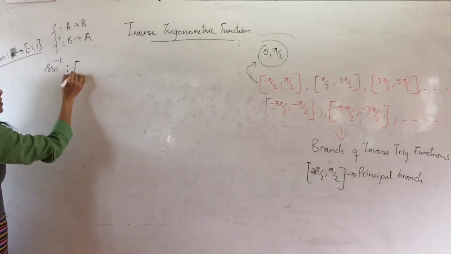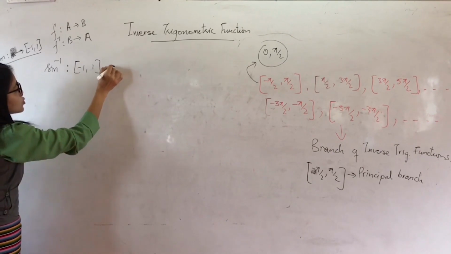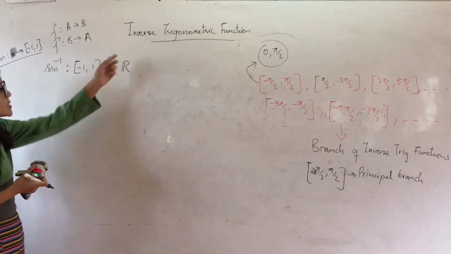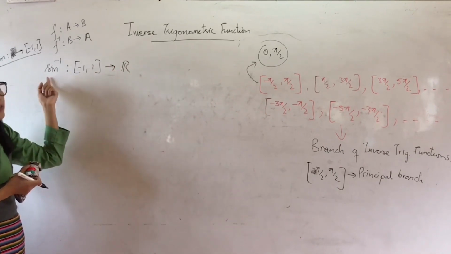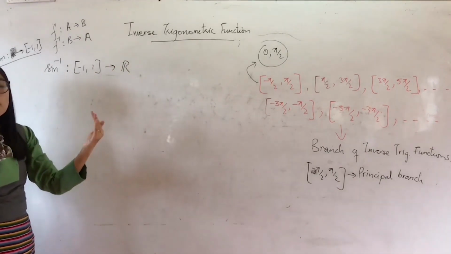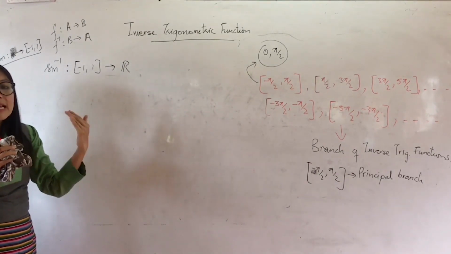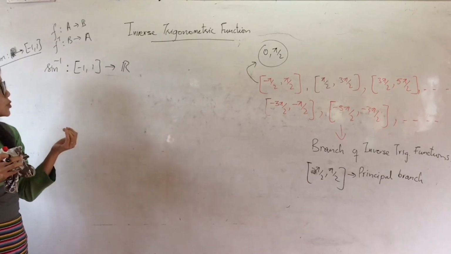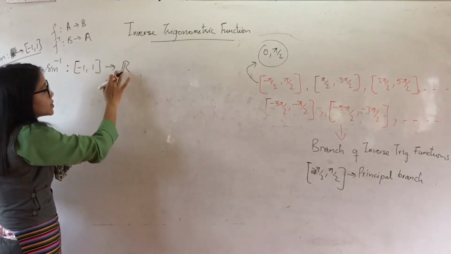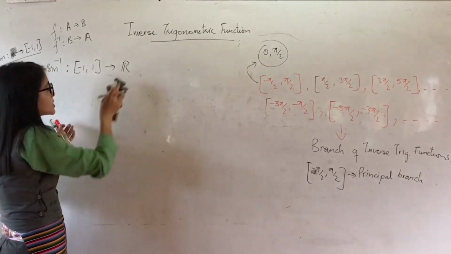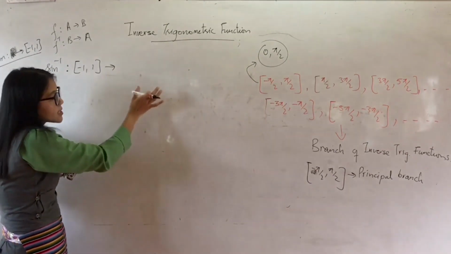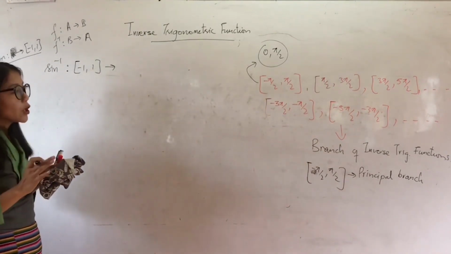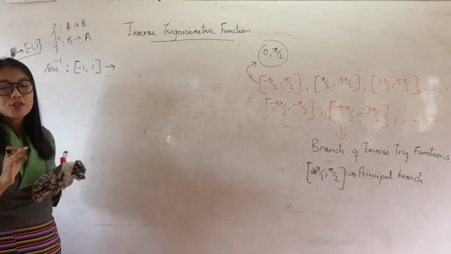Range, first I will write it here, -1 to 1 to the set of real numbers. If I write this, then it is incorrect, because we had seen that for the set of real numbers, sine inverse does not exist. Because when I take the whole domain, the set of real numbers, sine is not invertible in that. So we cannot find sine inverse. Therefore, I had restricted my domain of sine into smaller intervals. So here you can take any such interval, this or this or this, any interval you can write. But in a standard way, we always write the principal branch as the range of sine inverse.